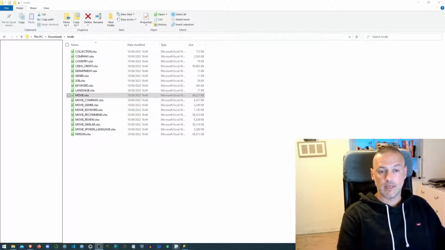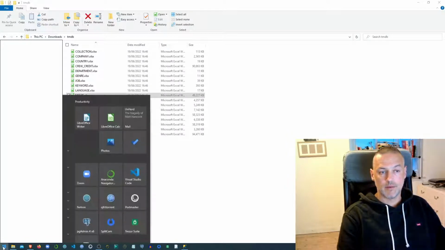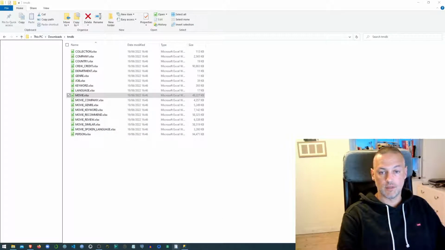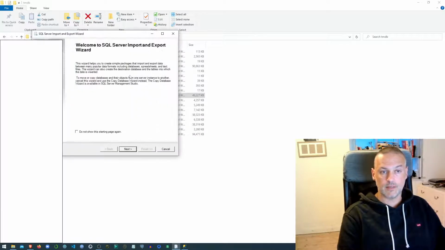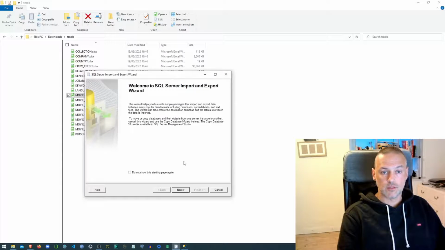I've got a link here on my taskbar to the import export wizard, but it will appear in your start menu if you have a look for it as well. Most important that you use the 32-bit, because the 64-bit doesn't allow you to import Excel spreadsheets. Okay, so if I launch the wizard,